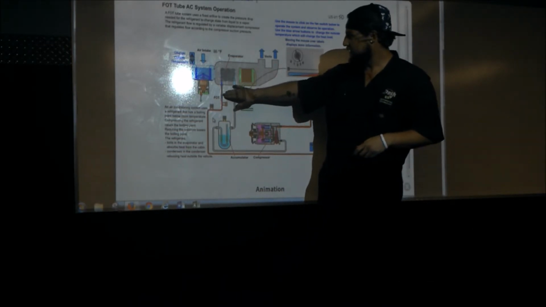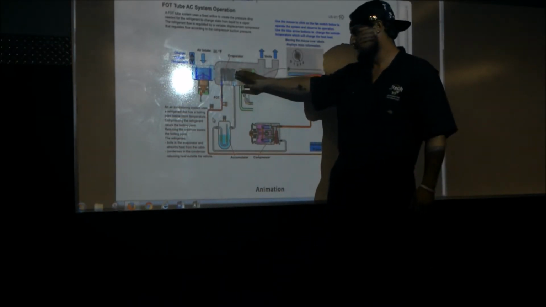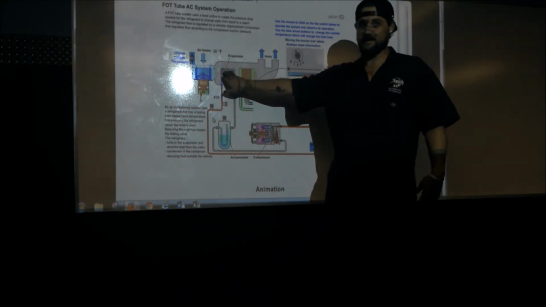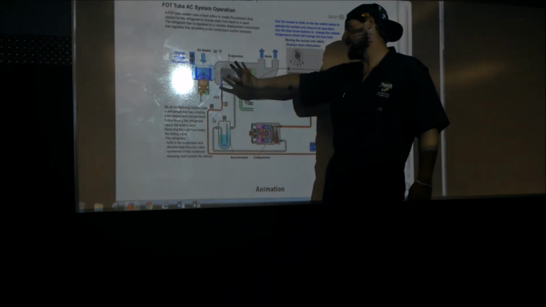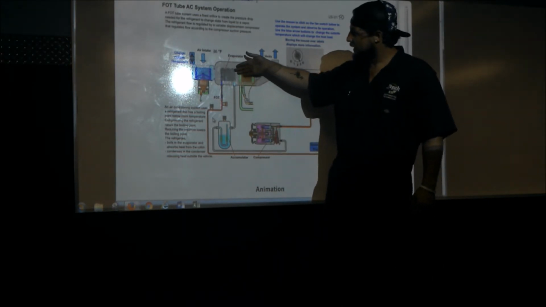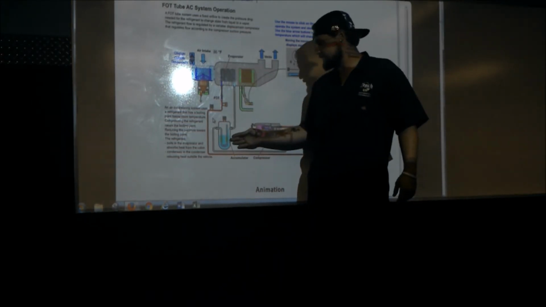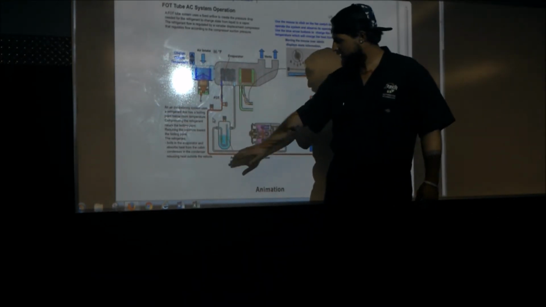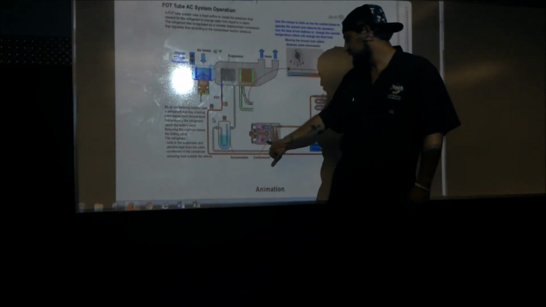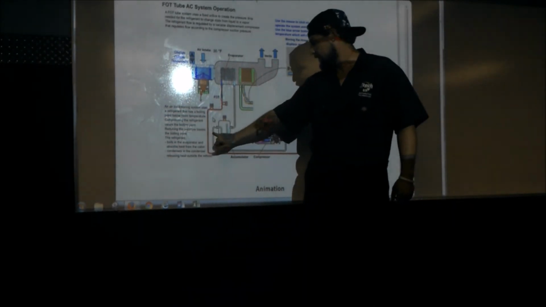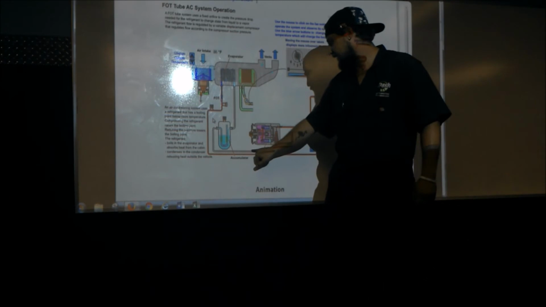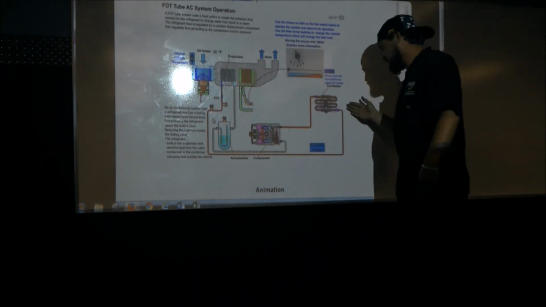As it atomizes, it'll go through the evaporator, which will cool down the evaporator significantly, to the point of usually ice buildup on there. Once the refrigerant gets done in the evaporator, it'll come down into the accumulator, and it'll collect in the accumulator. The compressor pulls a vacuum through this line, pulling a low pressure gas into the compressor, sending it into